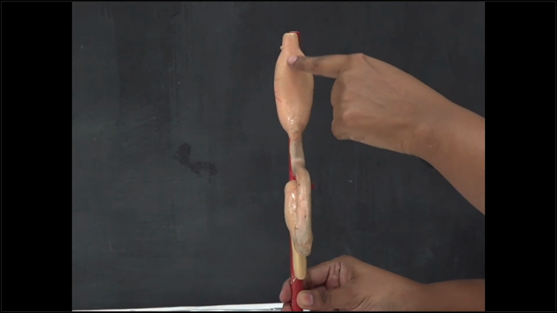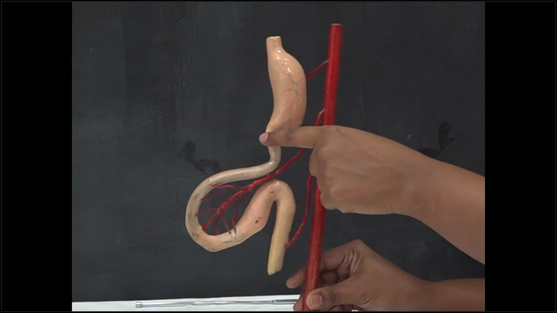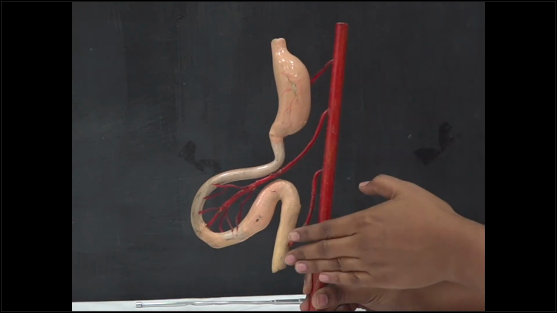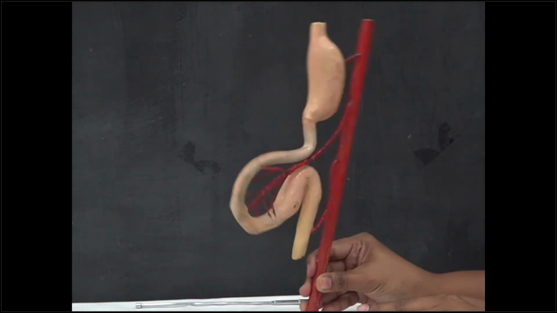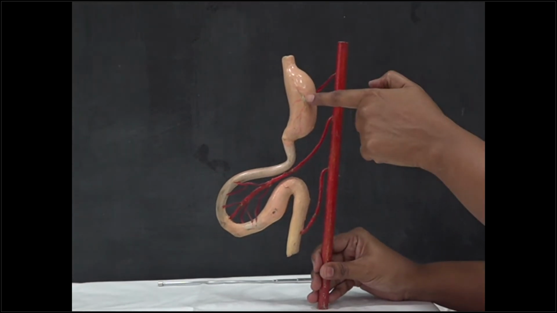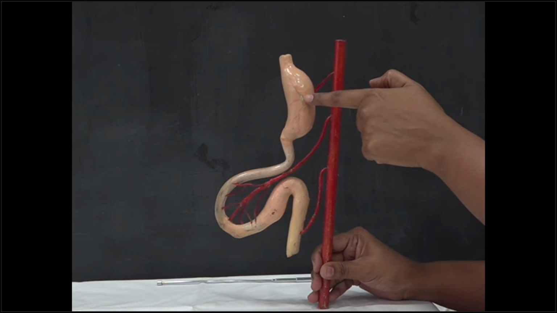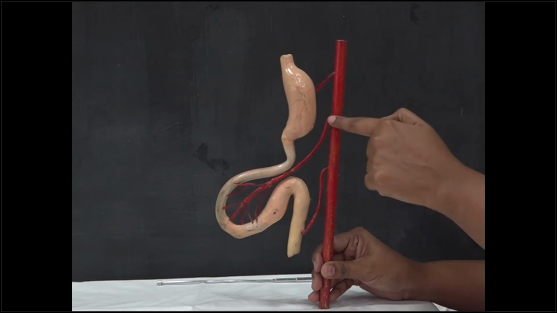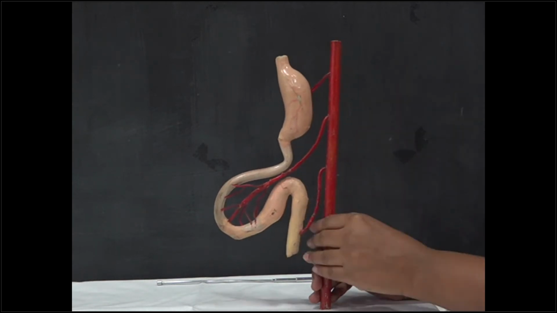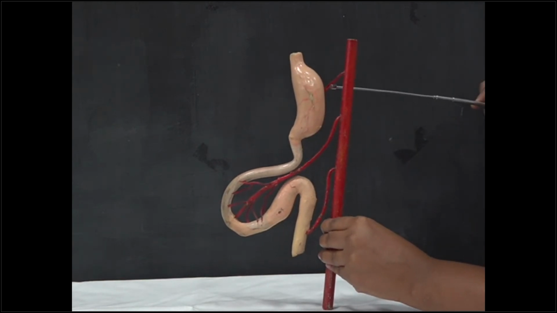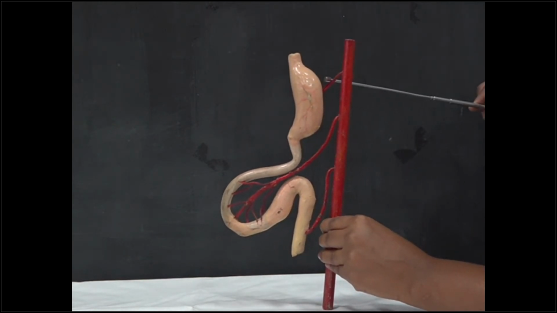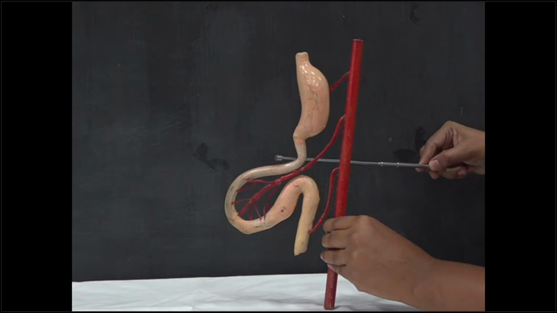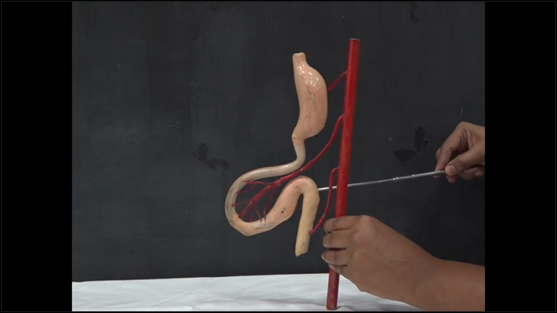So here we can see the fusiform dilatation. To make all the parts visible, I will show you like this, but the position is like this. So this fusiform dilatation is in the foregut, that is forming the primitive stomach. The artery which is seen here is the, what is this artery? Celiac artery. Okay. A loop is formed below the fusiform dilated structure. What is this loop?